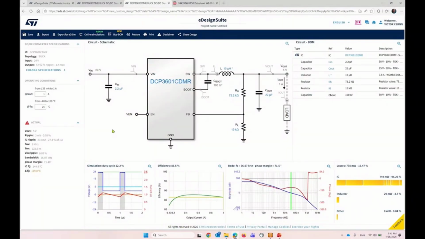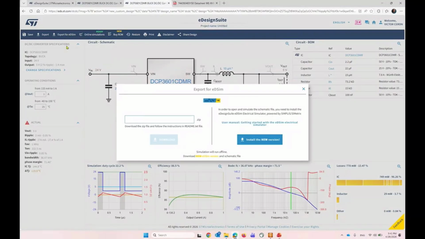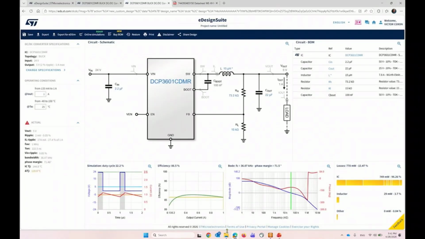What I want to show you is how we can leverage EDSim to play with this design. EDSim is fully integrated into eDesignSuite. So we're going to go to export for EDSim, and we're going to type a file name for this device. And once you download that device, you are going to get a